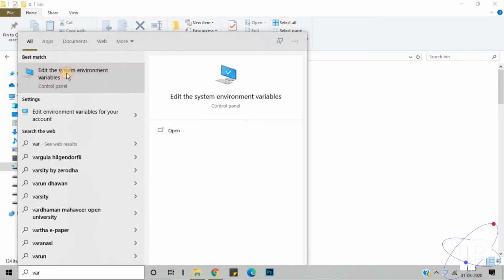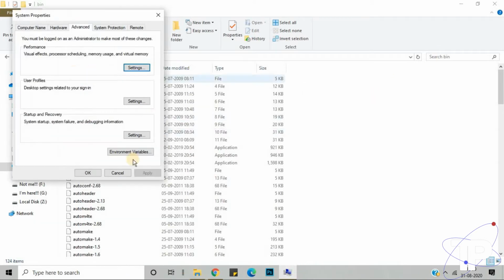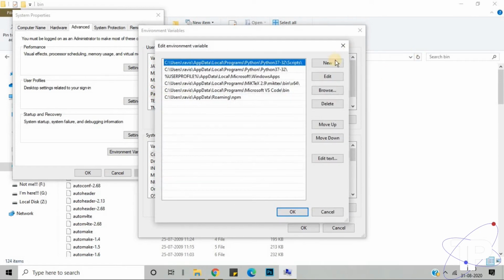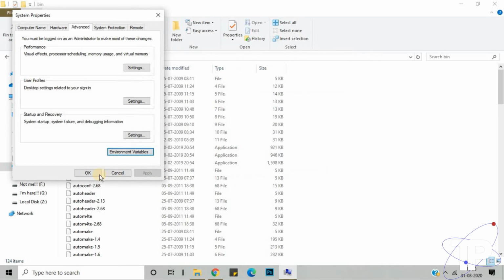Then you can find edit the system environment variables. Double click that, and something like this will open. Just click on environment variables. Here in Path, double click on that, and click new. In this new entry you can paste the path you have copied, and click OK